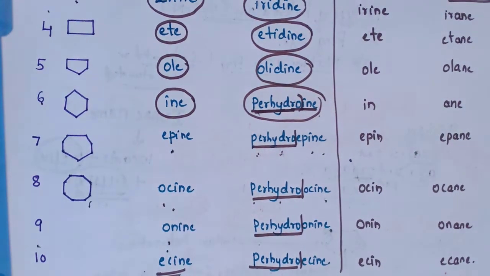Okay. Now for the nitrogen absent compounds. Up to this we have studied the nitrogen present compounds. If the nitrogen is absent, how should we name the unsaturated and saturated compounds? That is very easy. Now let's learn about it. This table is very, very important. If you learn this table only, we can name the